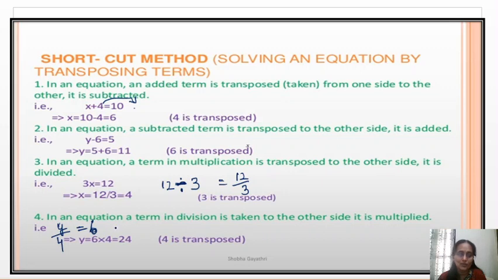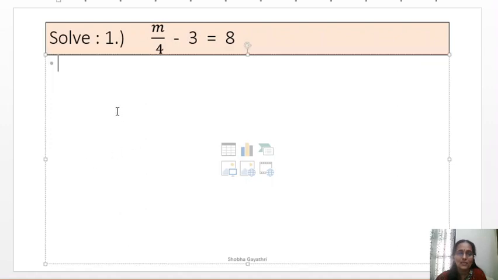While changing, you have to follow the transposing rules. The division operation here will become a multiplication operation. 6 into 4 equals, you will get easily the answer as 24. You got the right hand side value now. For the left side you have the variable y. Whatever the right hand side value is, it is the value of the variable and it is the solution of the equation. Hope you are clear in transposing rules. We have to solve the sums. All these rules should be at your fingertips to solve the sums easily and very quickly.